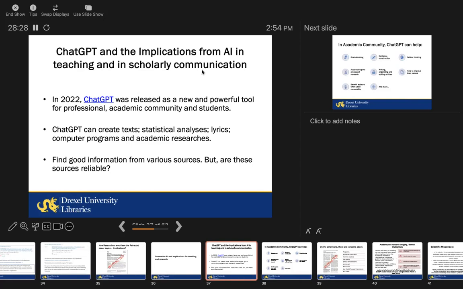And if you look at the university's website and the provost's office, you will see the whole structure of assessment for students for generative AI. But it can help you create text, statistical analysis, lyrics, computer programs, and so on. And one thing I really want to mention is generative AI is evolving so fast, right? So if I am doing this presentation and 6 months after I do this, my presentation will be a lot different because I'll have to incorporate a lot of new changes into that.